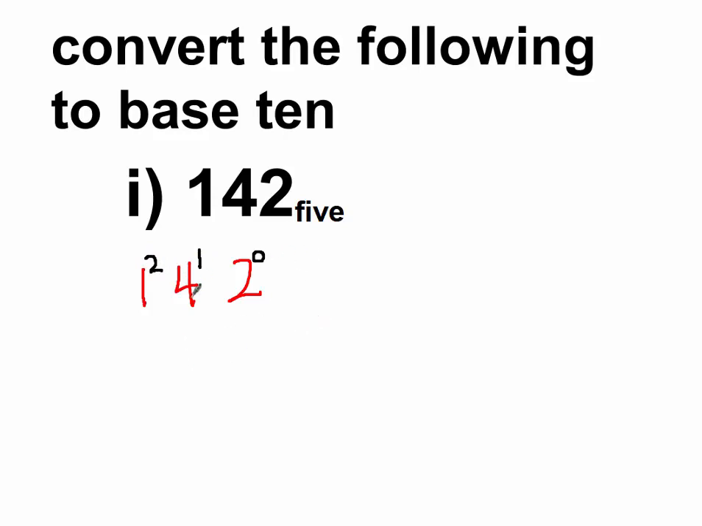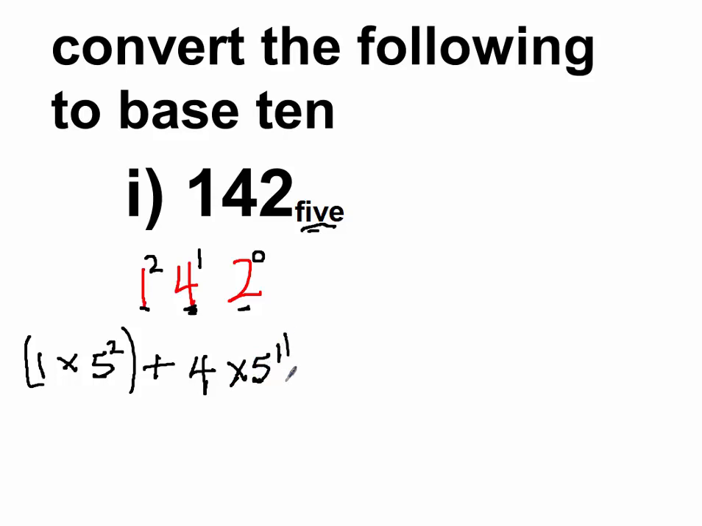Then the second thing to do: multiply each digit by the base. Now what is the base? Our base here is 5. So I'm going to pick the first digit, which is 1, times the base, which is 5. Now the power, or the exponent 2, will be given to the 5. So I'm going to have 1 times 5 to the power 2, plus 4, which is the next digit, times the base, which is 5 to the power 1,